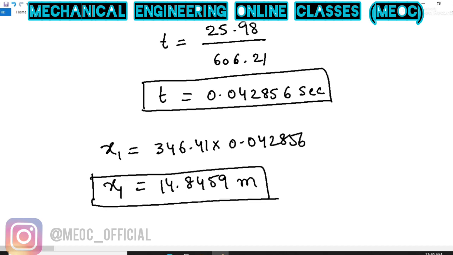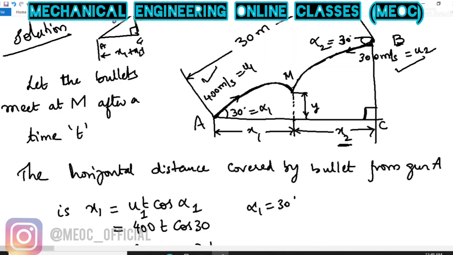Now from equation 2 or 3 you can find x2. I am not finding it. 1 is enough. So if I am considering point A as origin, I will say that from A they are meeting at 14.84 distance along x-axis or along the horizontal and some value vertical. So I will tell x1 and y. That is enough for position. If you are considering C as your reference point or C as your origin, then you have to find x2. I am considering A as my reference point, so x1 is enough for me. So let us find the value of y. That will complete our problem.